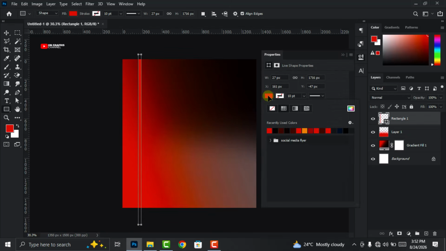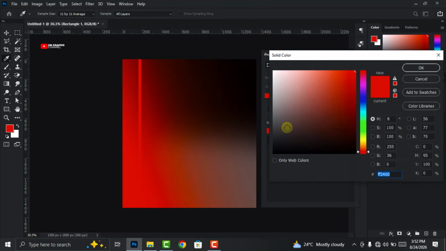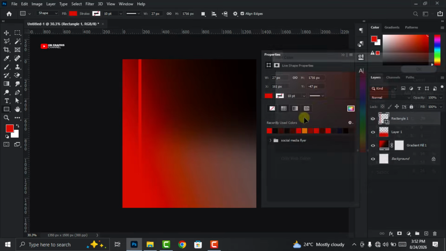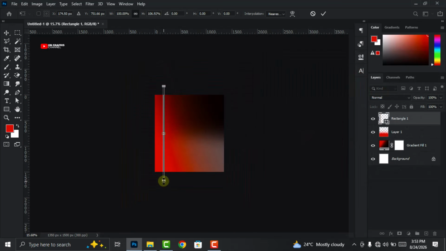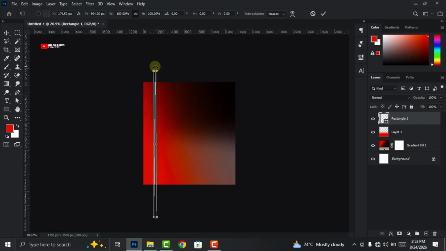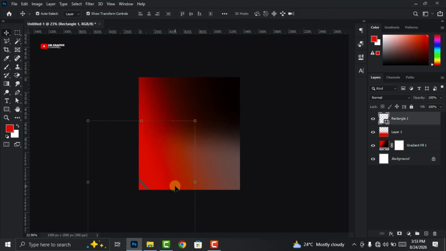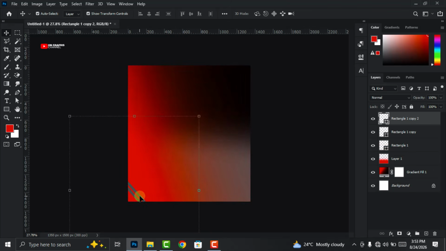And then for the color, we are going to make use of this color right here, and I'm going to click on OK. So what I'm going to do is to just adjust it, increase the height like that. Click on this guy, then I'm going to adjust it this way and then put it right here like that, right? Click on this guy and I'm going to press on Ctrl+J to make a duplicate, and I'm going to move it up like this. So Ctrl+J, a duplicate,